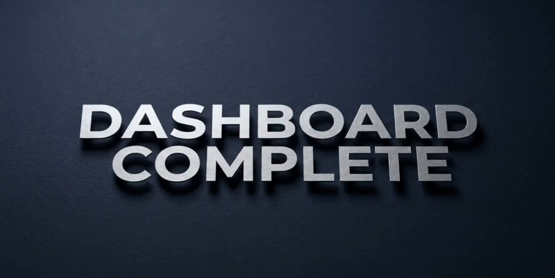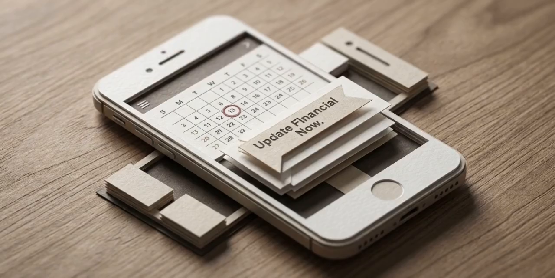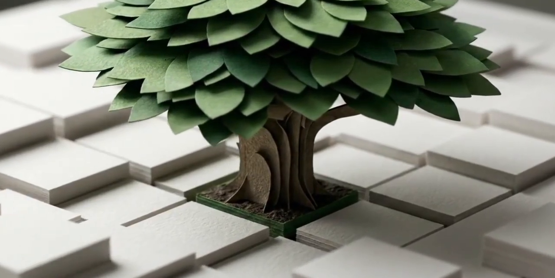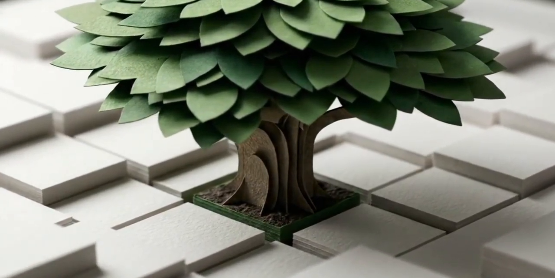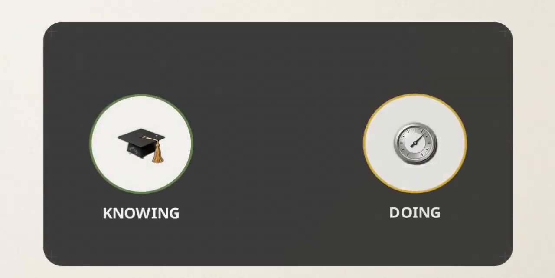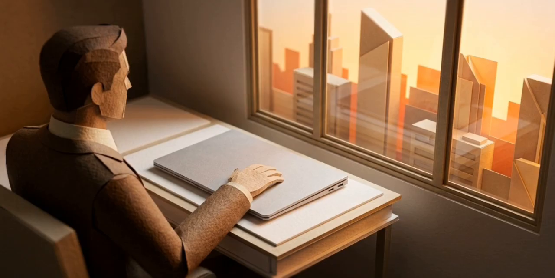You've now finalized your Financial Now document. You possess exact, documented metrics for your net worth, cash flow, and runway. Save this document and set a recurring calendar reminder to update these 3 numbers every quarter. By setting up that transfer, you've created an invisible system. It works in the background, growing your wealth while you sleep. The gap between knowing what to do and actually doing it is now closed. You are an active participant in your financial